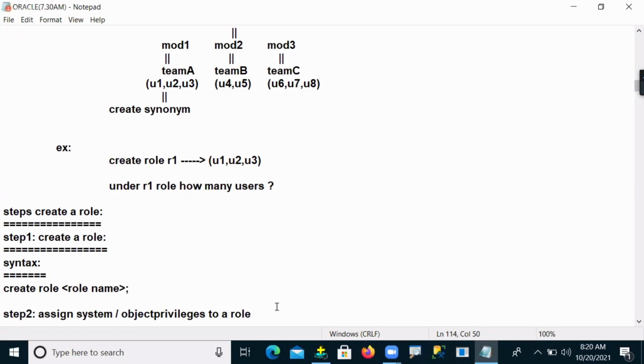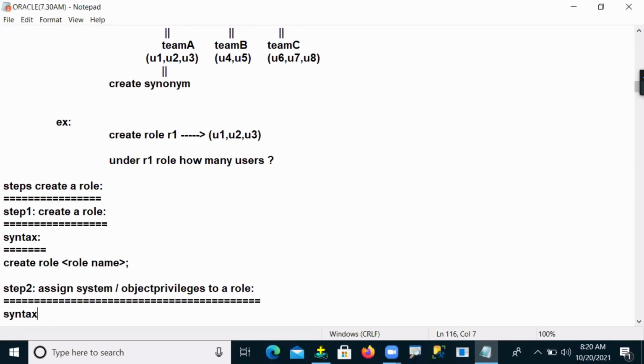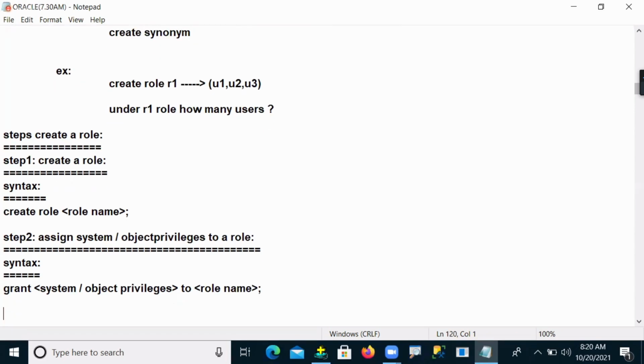The syntax is like this: we use grant, either system or object privileges, to my role name, that is, to whichever role you want to assign them to.